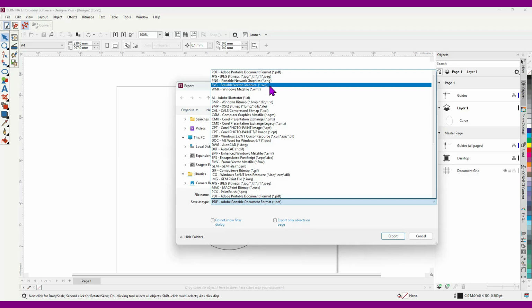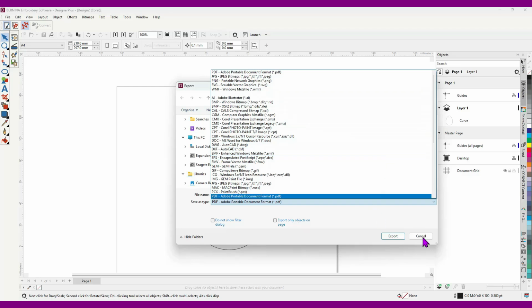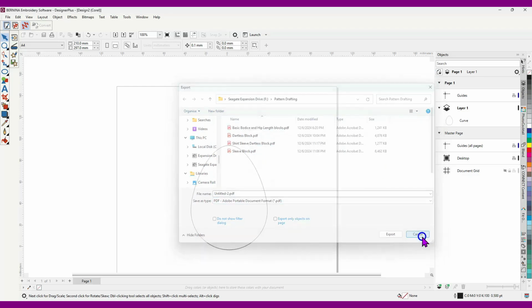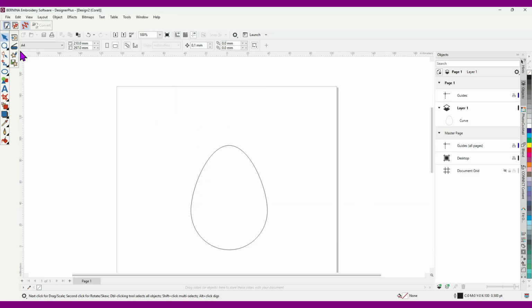That's open. You can open that in lots of drawing programs, vector drawing programs. Okay, I'm not going to, as I said, but that option's there. So I'm just going to cancel there. And I'm going to just